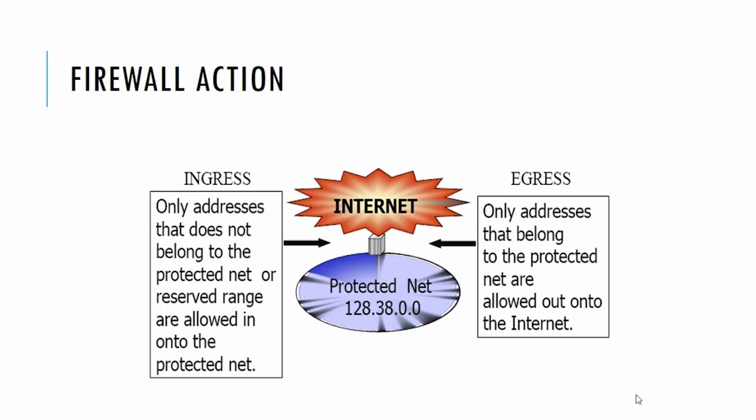It could be claimed that your machines are infected, generating unwanted traffic, flooding the network with unwanted traffic, and it can say that you are infected by a virus or a worm. So for the egress or the outgoing traffic, you can say that only addresses that belong to the protected network are allowed out onto the internet. It has no meaning to say I will allow this packet to get outside from my network to the internet when its source IP does not belong to my range. Why would you allow this?